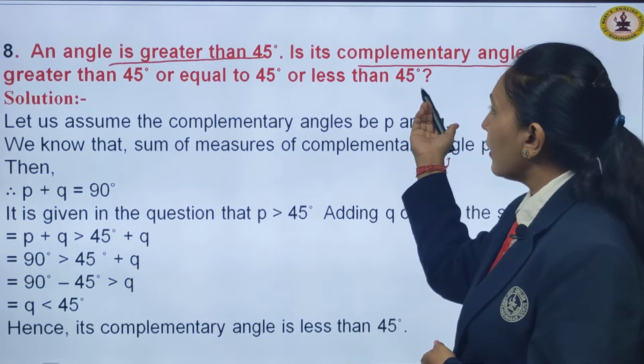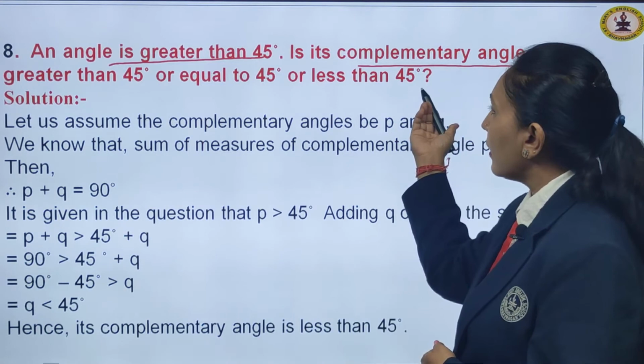Question 2. Is angle AOC, that means this angle, adjacent to AOE, that means this angle? Can you tell, children, whether they are adjacent here? No. They have the same vertex, children. You will tell, Miss, the vertex is same. Yes, the vertex is same, and they have a common arm also, but the difference is that the non-common arms are not on either side of the common arm. You can see that this is the common arm, but the opposite ray is here, right?